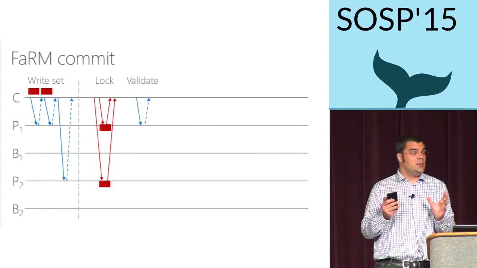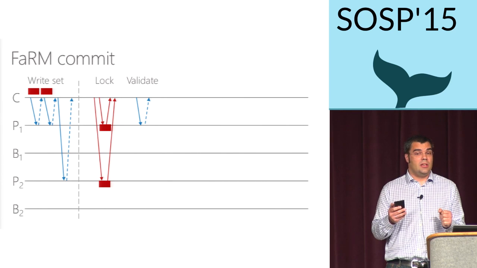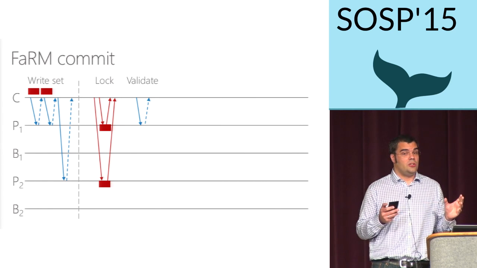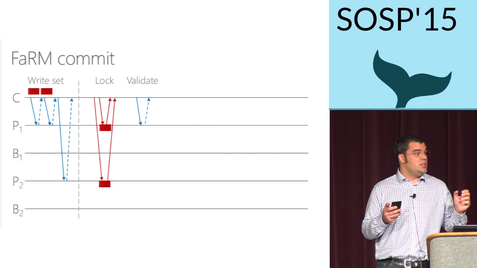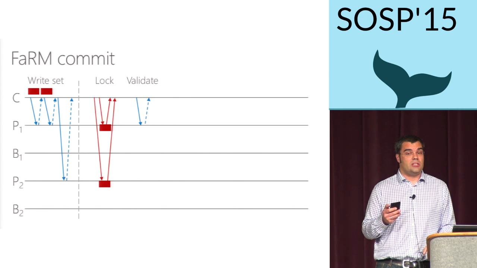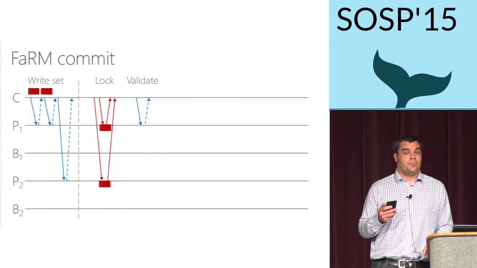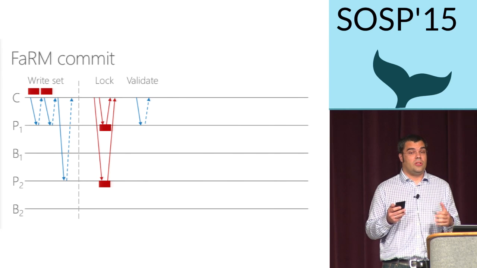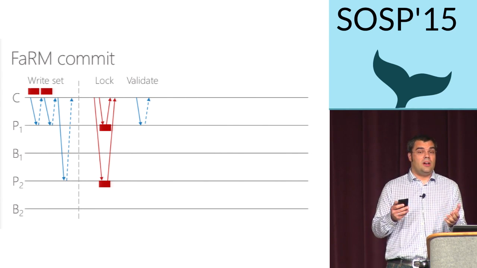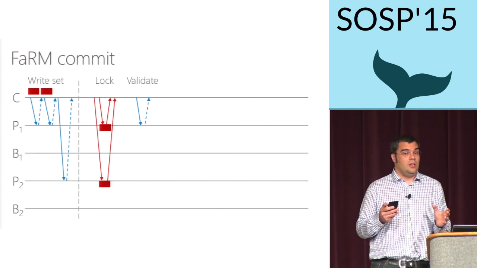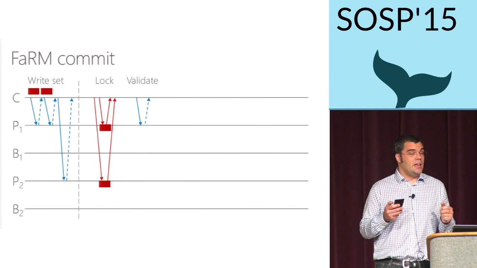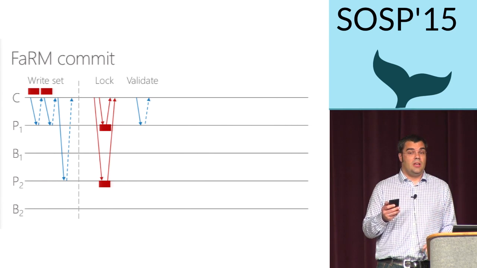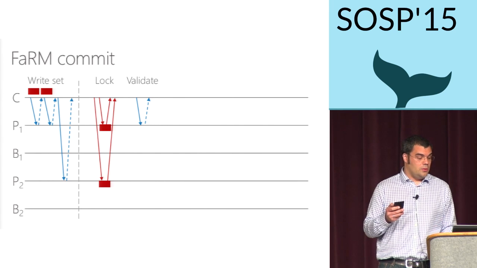And validation is basically necessary because we use optimistic reads, and validation ensures that the objects haven't changed since the point in time they were read during the transaction execution. Okay, so we need to perform validation because we do not acquire locks on the read set. Not acquiring locks on the read set means that we, for instance, do not spend any CPU on read-only participants in the transaction at all.